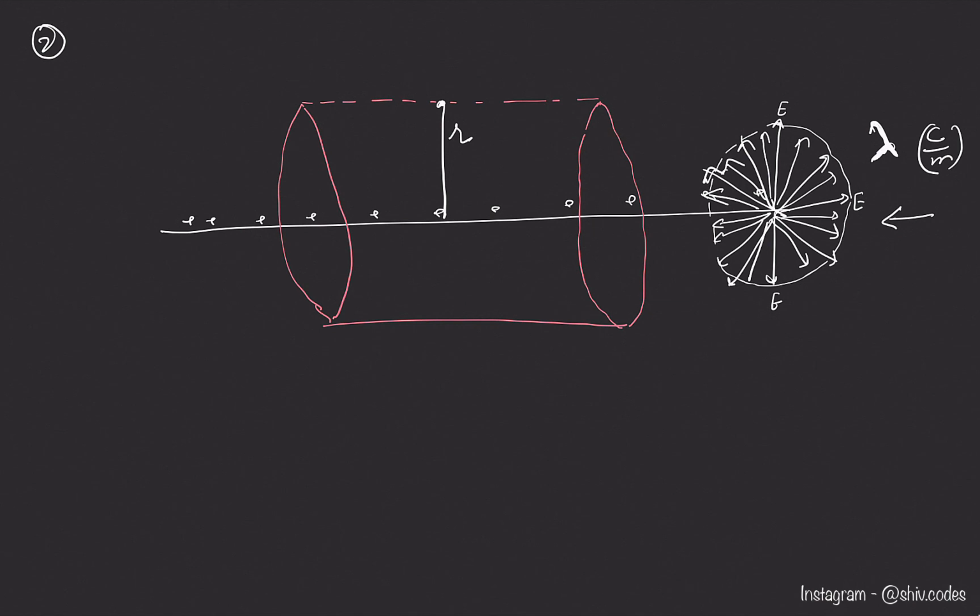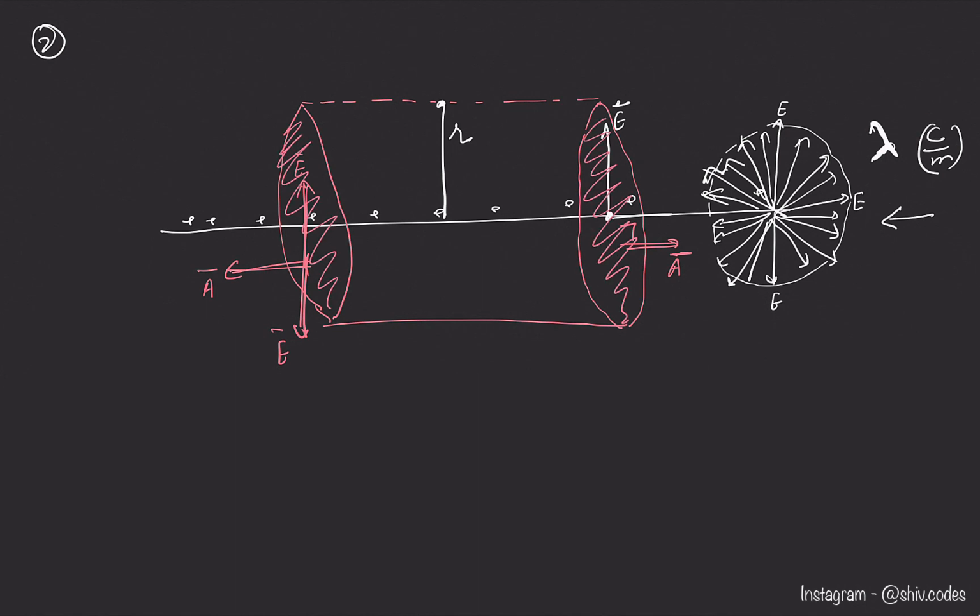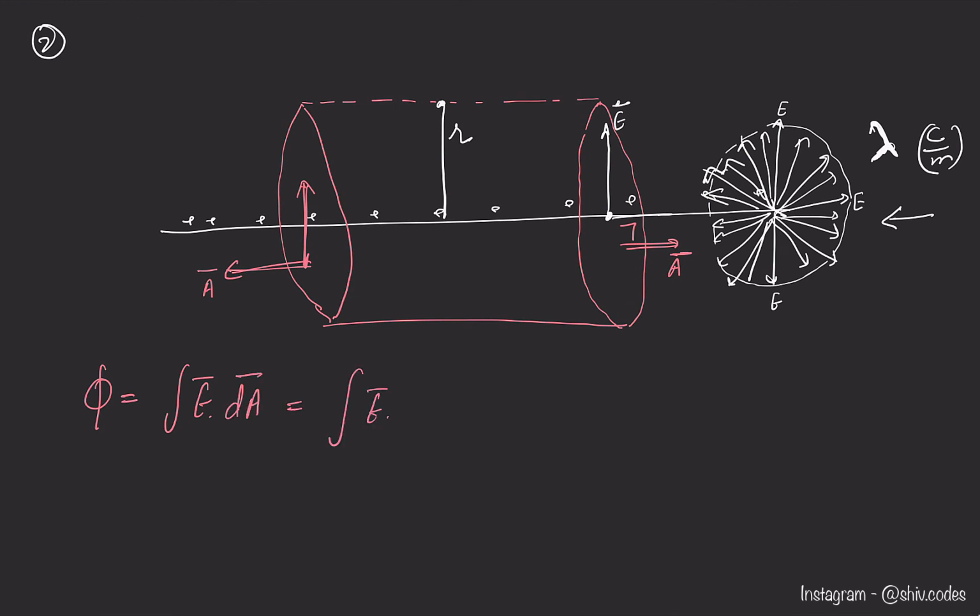This is the direction of the electric field lines. Basically, you can see that electric field lines would be parallel to the surface. If this is the electric field line, then the area vector on this side would be perpendicular to it, and similarly the area vector here. Electric field lines would be like this, or like this for the lower part. So for these two surfaces, electric field lines are parallel to the surface, so flux through them would be 0.